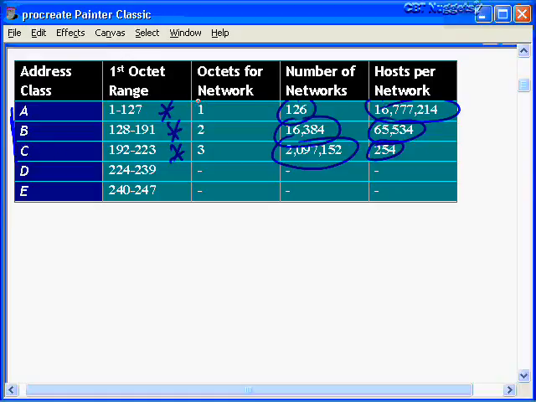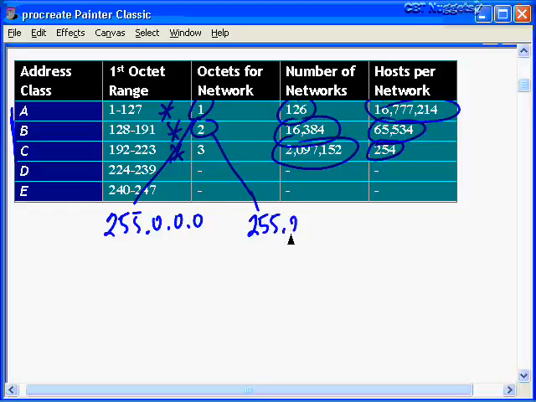So since Class A uses 1 octet for the network, the mask is going to be 255.0.0.0. Since your Class B uses 2 octets, the first 2 octets for the network, the default subnet mask is going to be 255.255.0.0. See the pattern? And then your Class C subnet mask, which uses 3 octets for the network, the mask is going to be